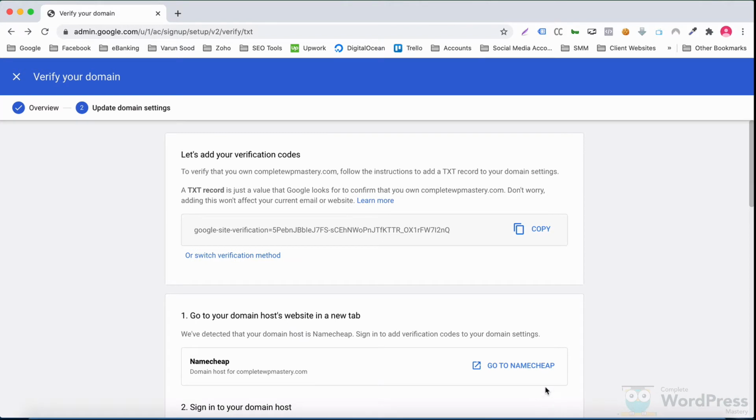In order to verify the domain, we need to create a TXT record on the domain. A TXT record is a DNS record, and we'll need to modify the DNS records for our domain on Namecheap. Google has detected that our domain host is Namecheap, and it is offering a shortcut to visit Namecheap. Let's click that.